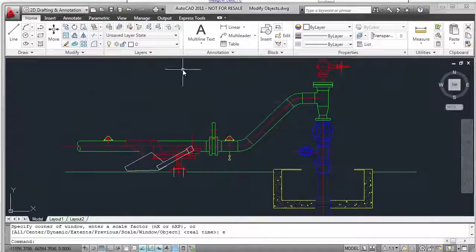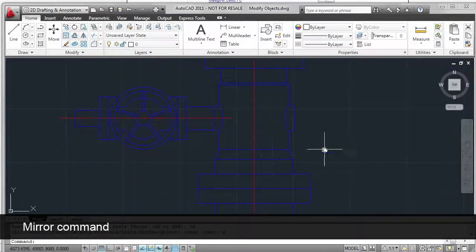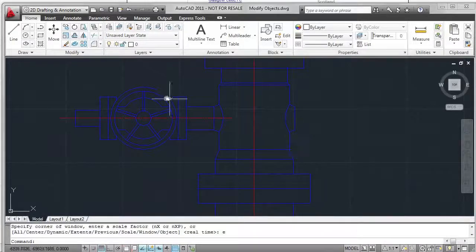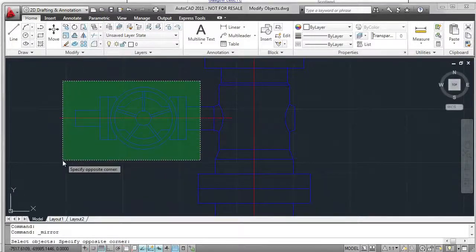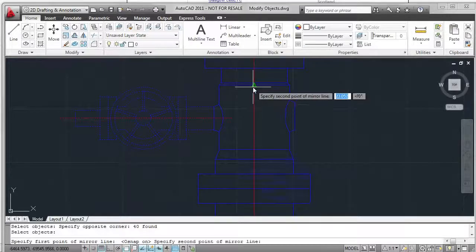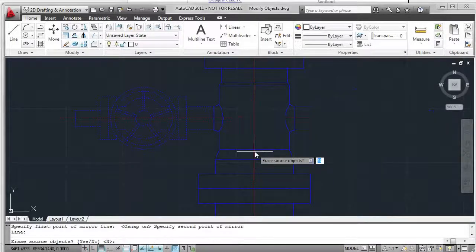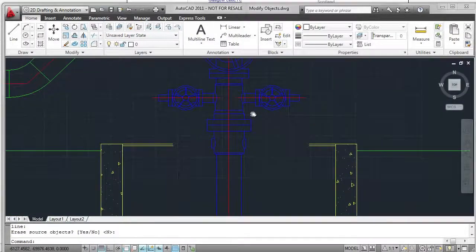Now let's look at mirroring a valve. So using the mirror command, I'm going to select all the objects on the left hand side. So mirror, again crossing window, and I need to select a mirror line. I've turned OSnap back on, selecting a couple of points to select my mirror line. I do not want to erase the source objects, and there it is, very quickly copied that valve to the